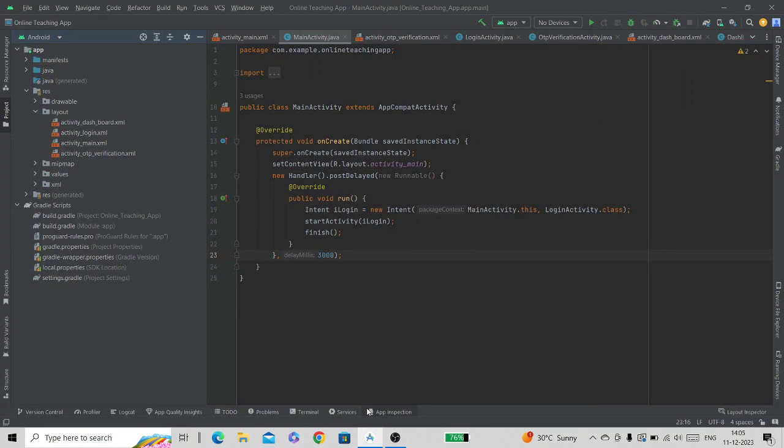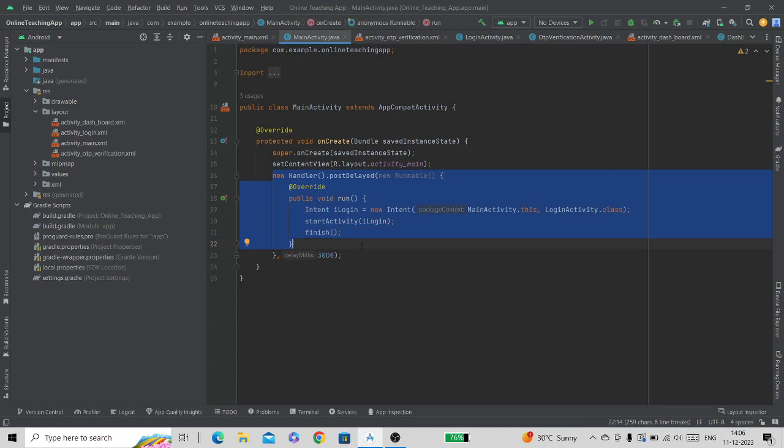The root cause behind revisiting the login screen lies in this main activity, where we created the code for the pre-splash screen. Inside this onCreate method, you can see the handler here. The handler helps us to schedule task execution at a specified time in the future. That's why we use this handler for creating the pre-splash screen. Now in this handler we use the postDelayed method.